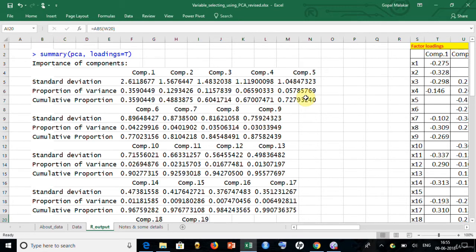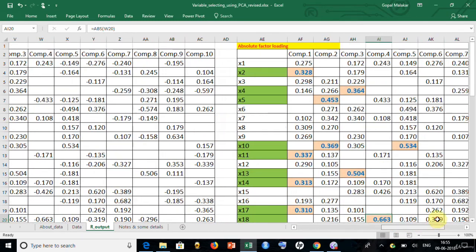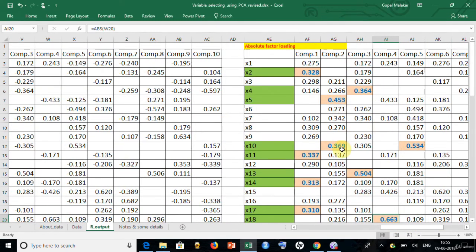What you need to understand is that each principal component had all the variables, almost all the variables. So the moment you are taking just these 9 variables, this is not going to explain all 72.7. It will explain less than that, because each component otherwise had all the variables, whereas now you are taking only a few of them. So that's how you do the variable selection using PCA.